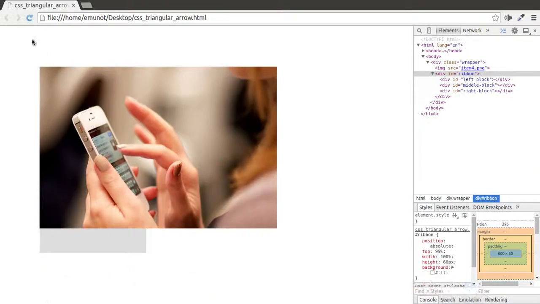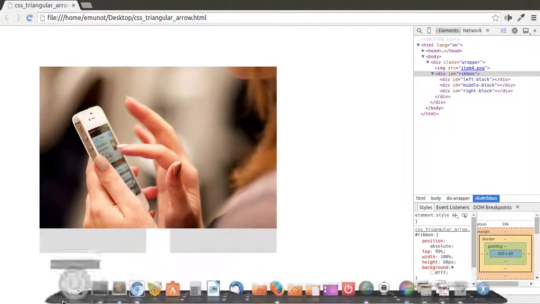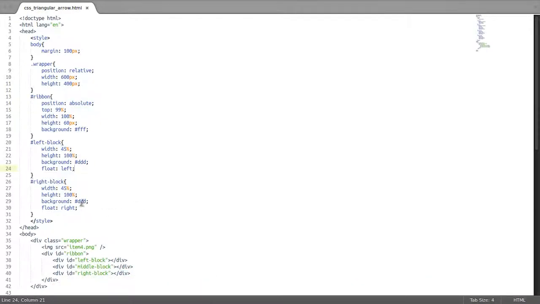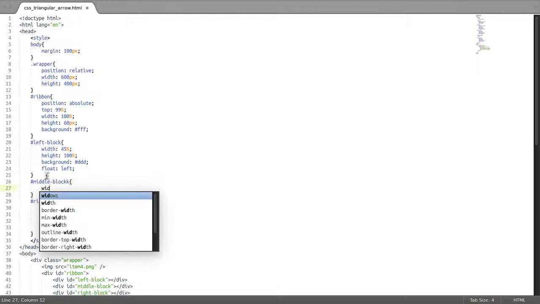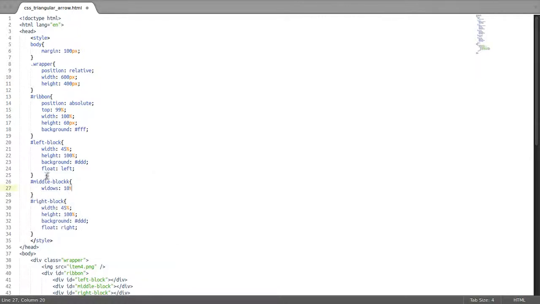You can have a look at this. So here we have this block and this block, and we still have our 10% right here, because 45 and 45 is 90, so 10% is still left inside there in the middle. So we'll go ahead and style that middle block as well. So let's call it here, it's middle block. We style it right away. So we give it a width of 10%. We know it's 45, 45, 90, so 10% is left. And the height, of course,